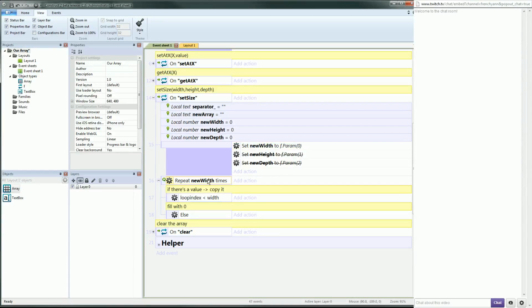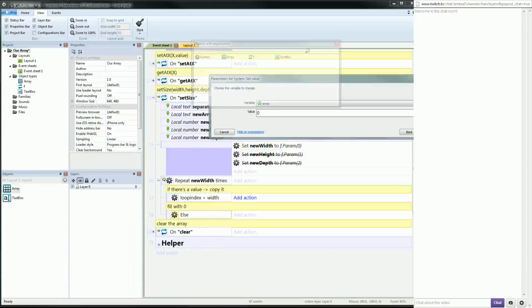Repeat 5 times, it will go through and create the new array in the new array variable, and as long as the old width is greater than loop index, so for 0, 1, 2, 3, 4, it will add the value there were in the original array. But then if it's over width, it would add the empty value, 0. So